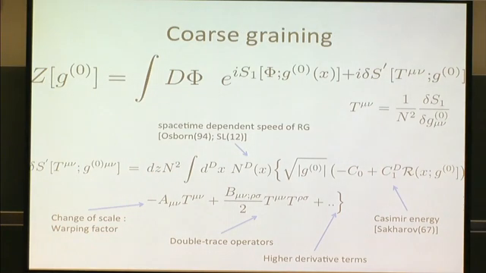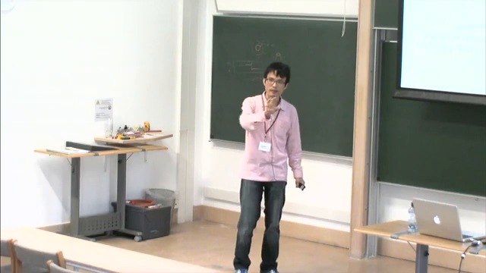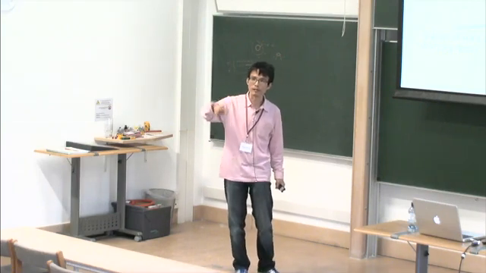Okay, and then we coarse grain the system again. We integrate out high energy modes and lower the UV cutoff, and we rescale space and time, and in this context that amounts to changing your metric. So by changing your metric, you effectively increase your length scale. So that is kind of a knob that I turn to run my RG.